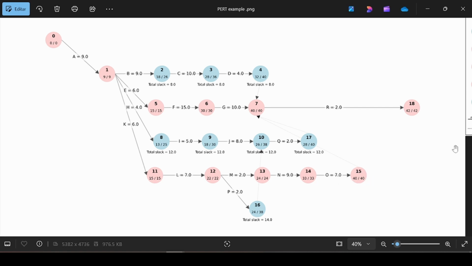Now, if you have a delay of 8 days in these activities, B, C, and D, that's okay, but the total delay needs to be 8, no more. For example, you can have here 2 days delay, another 2 days, and 4 days delay. Total delay, 8 days. That's okay. But if you delay here 8 days and there another 8 days, you are doing more than you can afford.